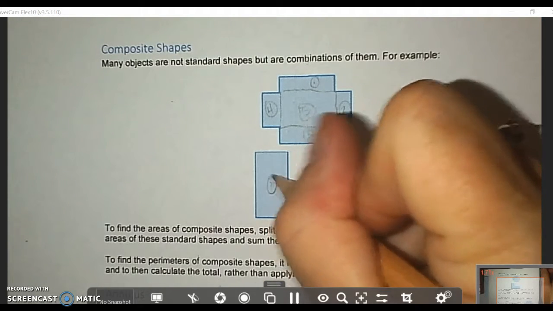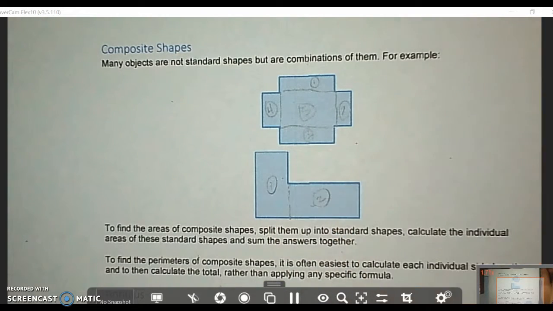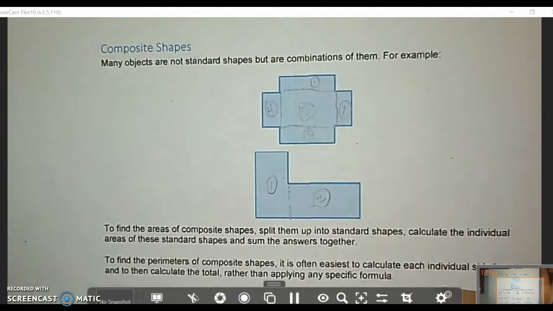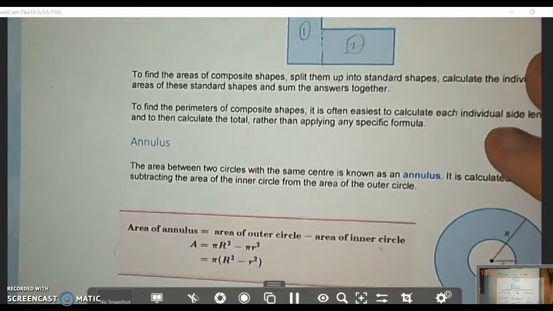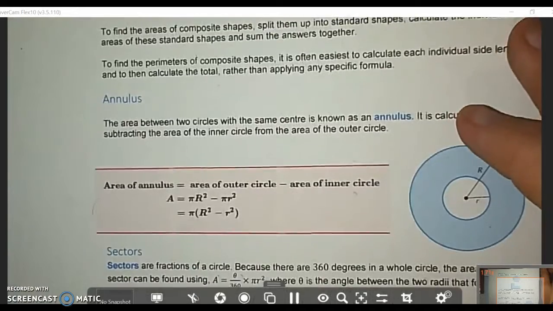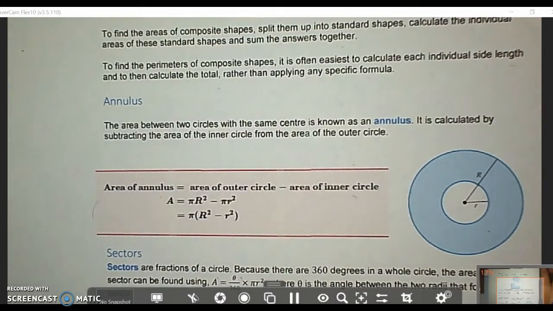Or with this, you would find those two and add them all together. So generally when we're finding the area of composite shapes, we find the area of the individual bits and add them together. Now another thing that you haven't encountered much of in your younger years is what's known as an